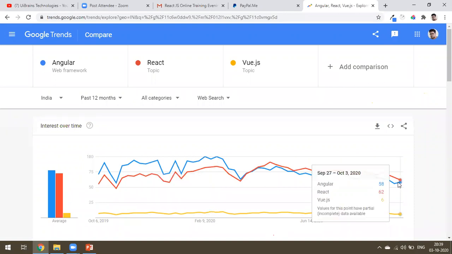So in this situation, as I said, both are required at the same level. Vue is not that important. Very few projects use Vue. But one thing is, it's not that hard to learn. A simple example: when we are kids, we don't know any language.